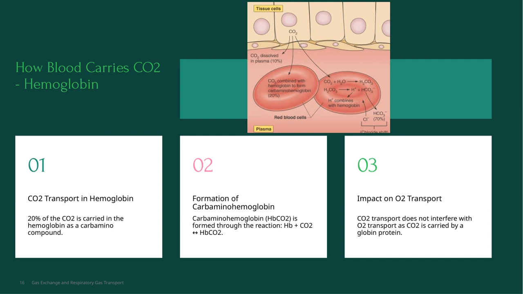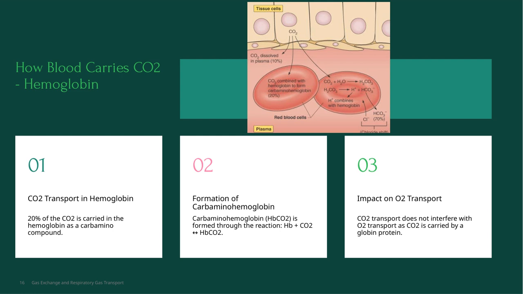Well, interestingly, the transport of CO2 by hemoglobin doesn't interfere with O2 transport at all. This is because CO2 binds to a different part of the hemoglobin molecule, the globin protein, so both gases can be carried simultaneously without competing for the same sites. In summary, the way hemoglobin handles CO2 is crucial for maintaining efficient gas exchange. It allows the blood to carry carbon dioxide away from tissues without disrupting oxygen delivery, which is essential for our